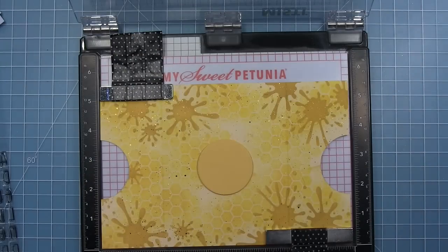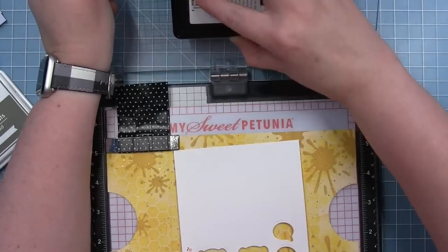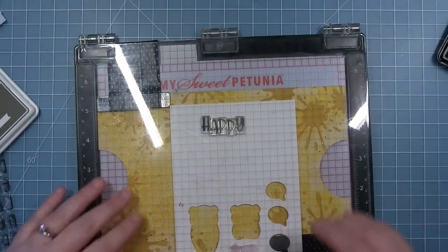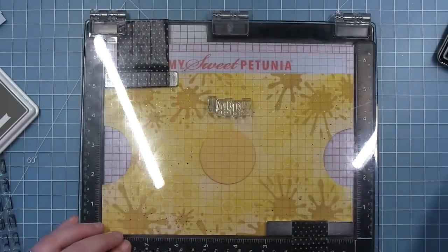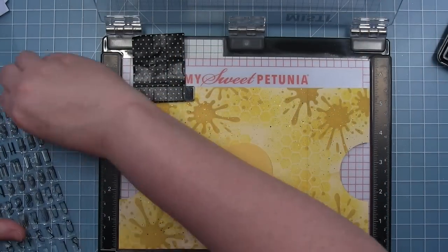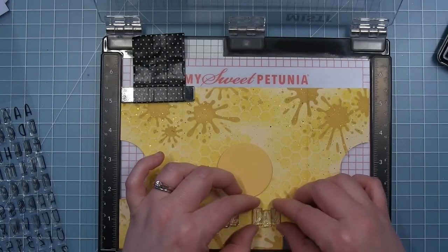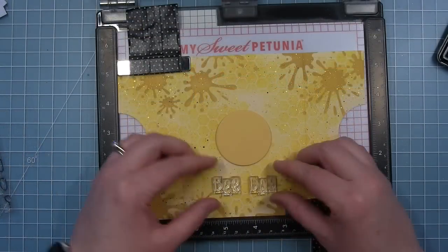Now I've got my card open in my MISTI, and I'm going to stamp my sentiment using Henry's ABCs. And I'm just lining them up and doing a practice stamp. You can see that I have that circle there as my guide to where not to put my letters, because you're going to see that through the opening in the front. And so I have happy,